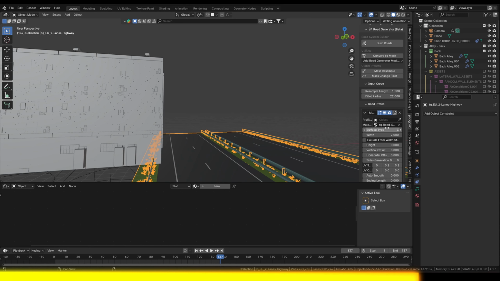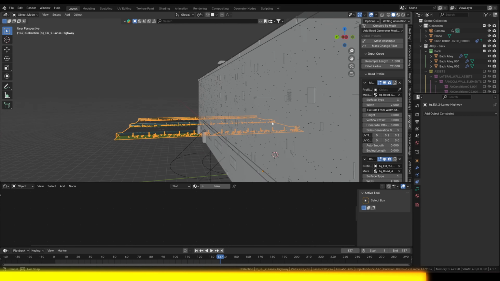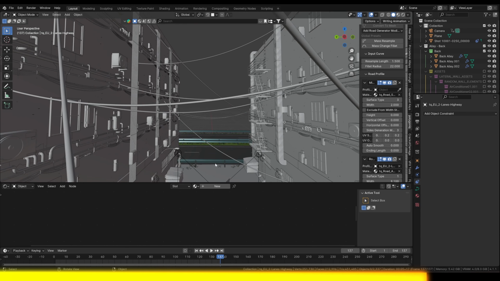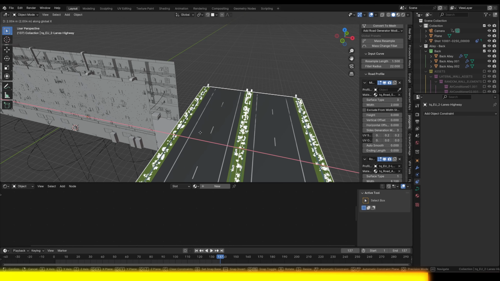So in the surface type, road from this center height. This is good enough, I guess. Yeah, this looks okay all the way to there. So I'll place it over here,